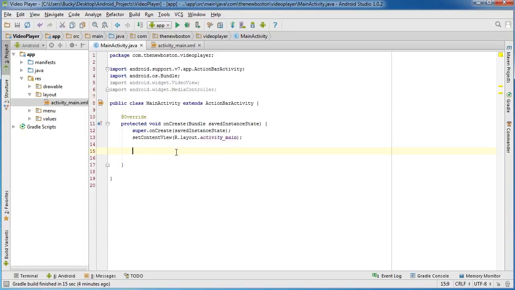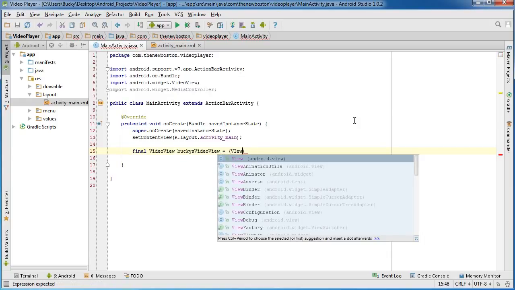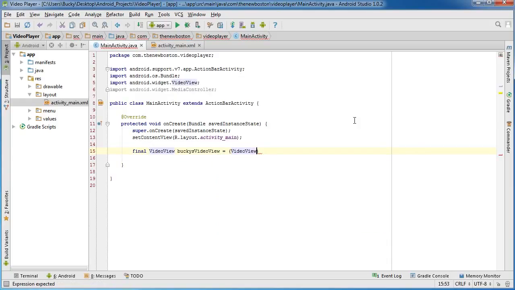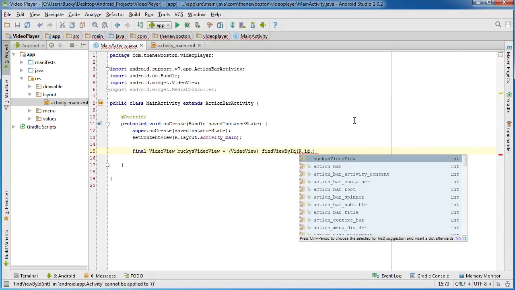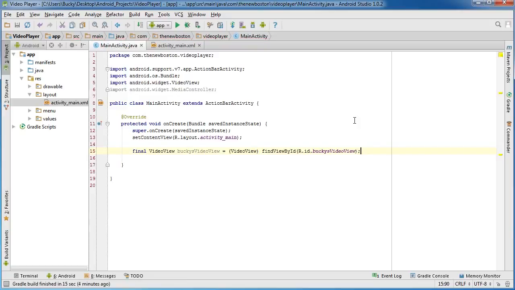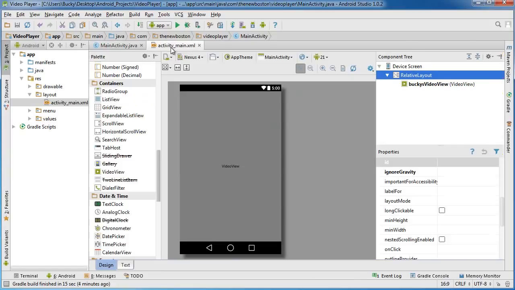So now let me go ahead and do this. In your onCreate, the first thing we want to do is get a reference to that video view, that area that can display videos. So final VideoView, Bucky's video view, and of course just set this equal to video view right there, Bucky's video view. So simple enough. Now after this, now that we have a reference to it,